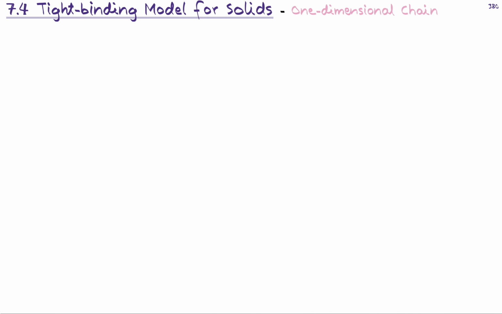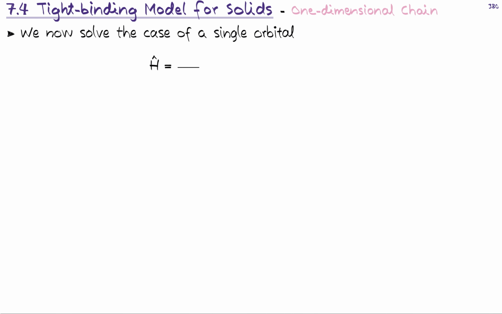And now, what we will do in the upcoming lecture is solve how a single orbital case would look. So I will just outline here the overall mathematics, and then in the next lecture I will show how things look in practice in terms of calculations. So we have the Hamiltonian operator, and the Hamiltonian operator, of course, is the total energy operator. So we have, first of all, the kinetic energy term, the modulus of momentum, so the modulus of p squared divided by 2 times m. So this, of course, gives us the kinetic energy of the single electron we're interested in.